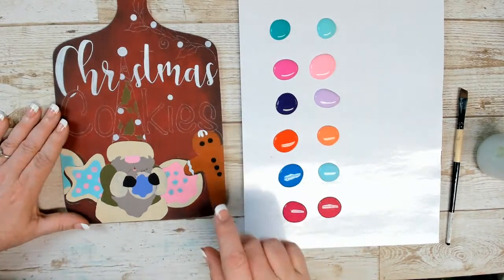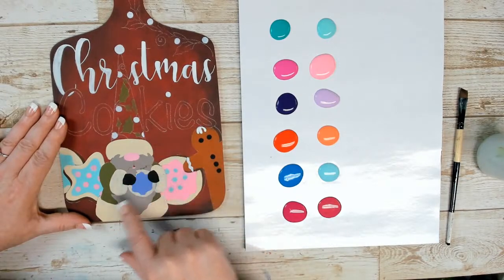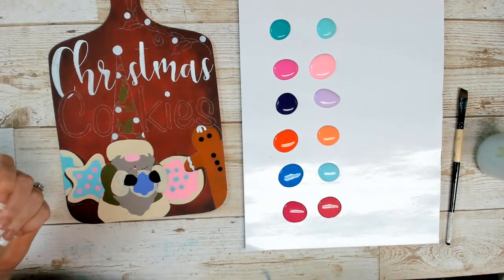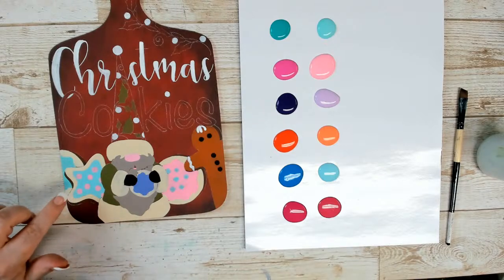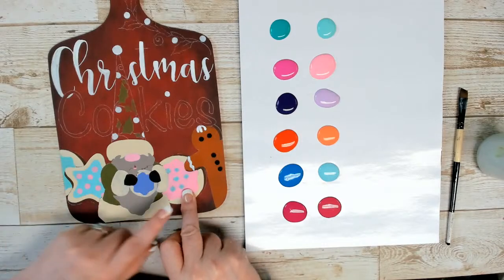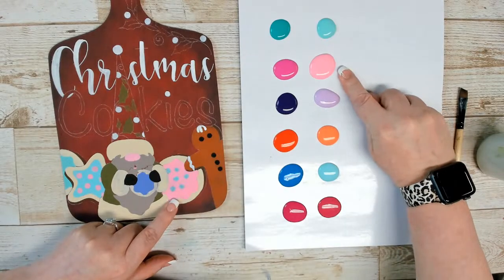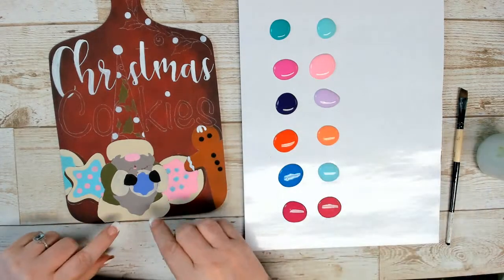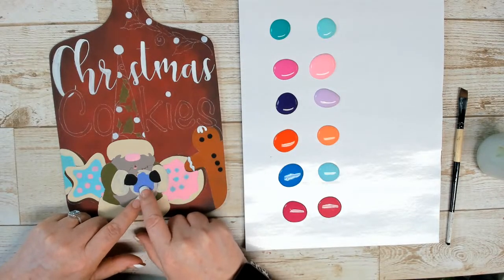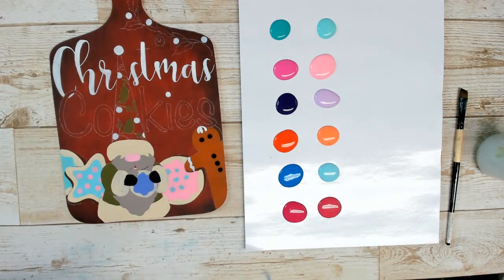Okay, so base coat for this great little guy here is that red spice. For the cookies, the robe, the sleeves, the cuff, all of this is almondine, which is that wonderful buttery, creamy tan color. I love that one. That one's a really great color. For the cookie right here, the base coat for the icing on this one is bubblegum pink. That's this one right here. For this cookie in the middle here, this is another new color, and this is actually the color of the year for 2022. Still don't quite get that one, but...